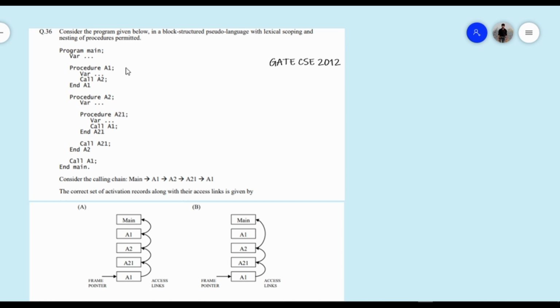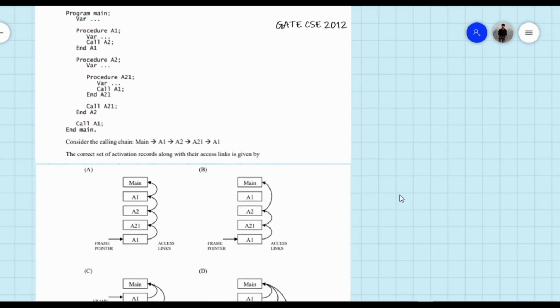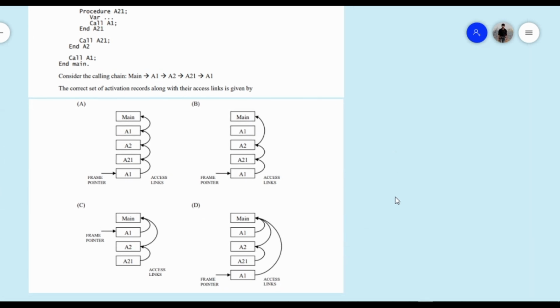And procedure A21 has its definition inside procedure A2, so it will have an access link to A2. Okay, so let us go with the options.